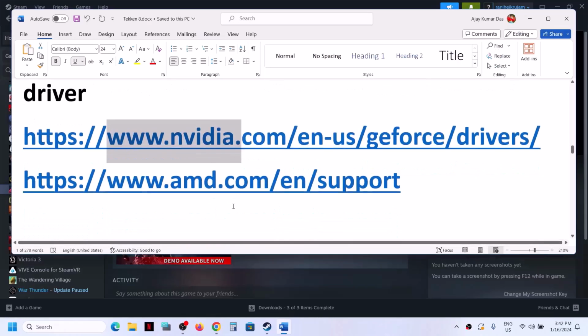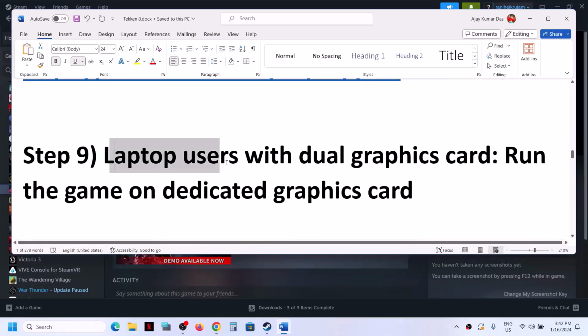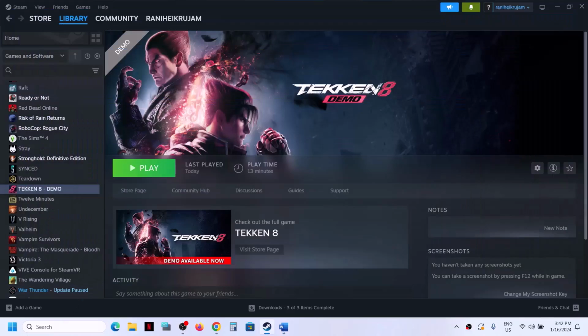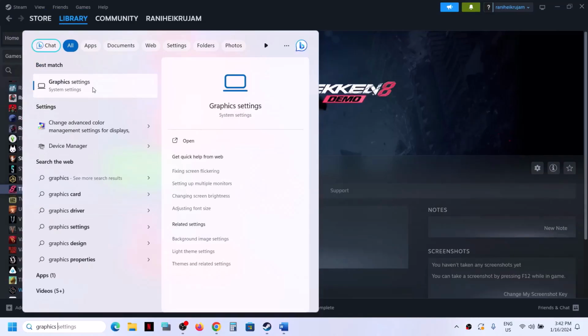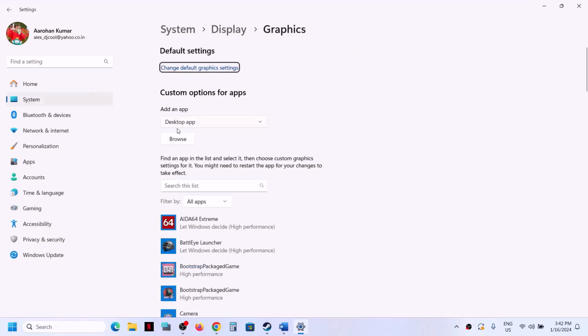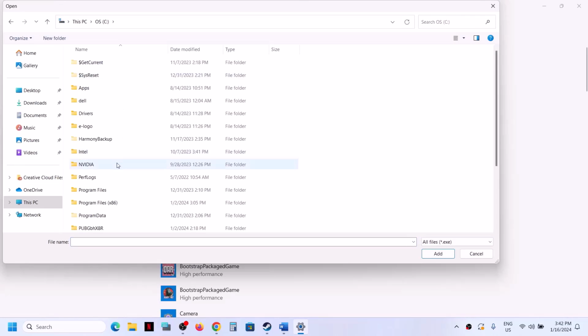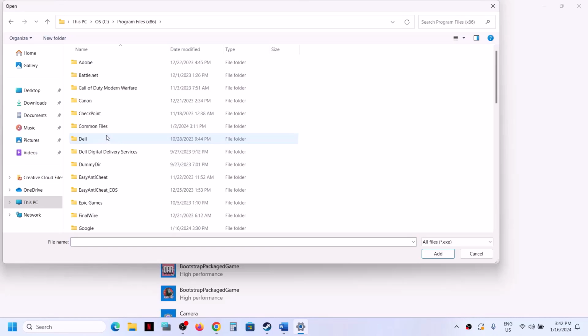Now the next step is, now this is for laptop users with dual graphic card. Make sure that you run the game on dedicated graphic card. Now for this, type in graphics settings in Windows search box and then click on graphics settings. Click on browse over here and then go to the game installation folder,